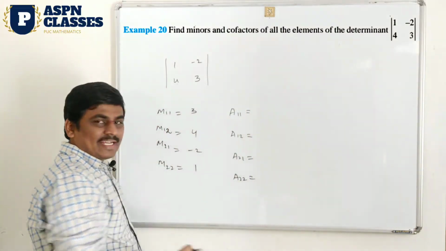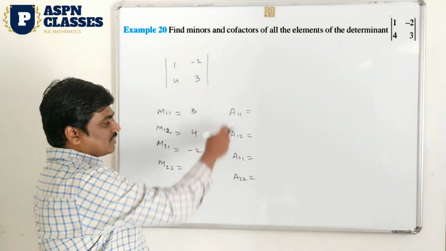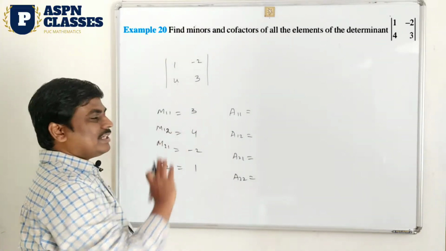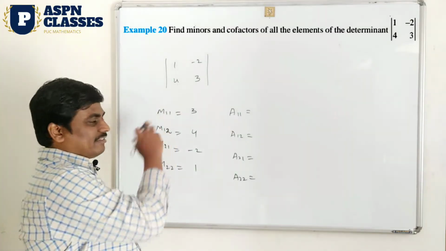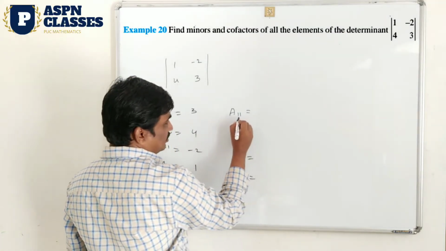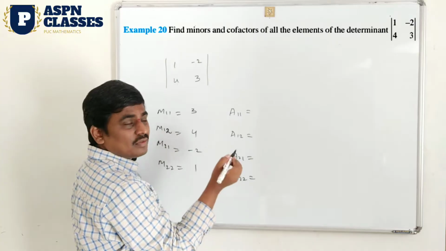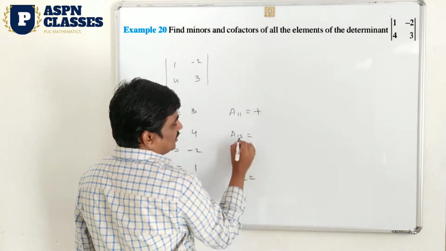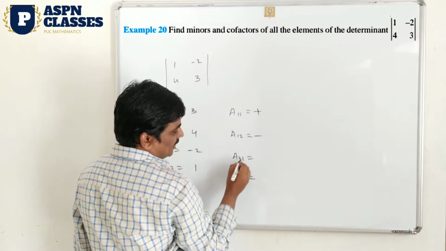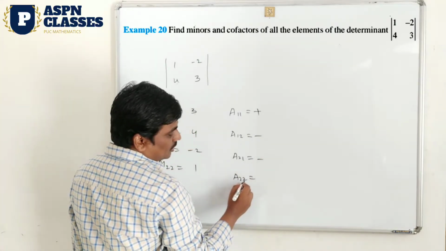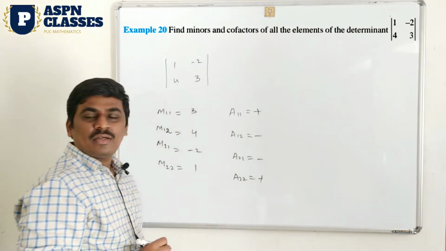So first, directly write all the signs. Cofactor means first deciding the sign and multiplying it with that minor result. So what is the result? Sign, observe here. 1 plus 1, it means 2. Is 2 an even number or an odd number? Even number, plus sign. This is 3, it means odd number, minus sign. Again 3, minus sign. Plus 4 is the answer, it means even number, plus sign.